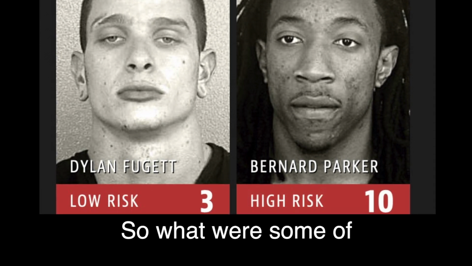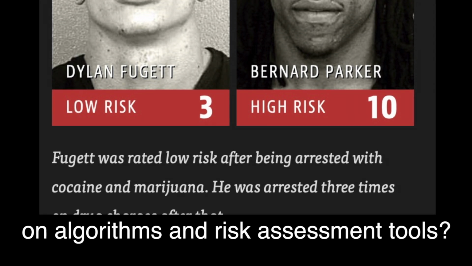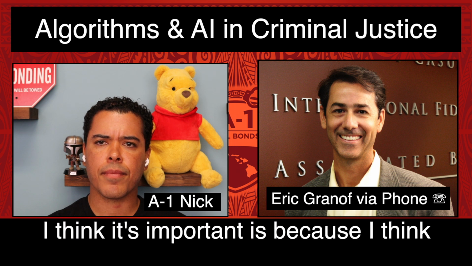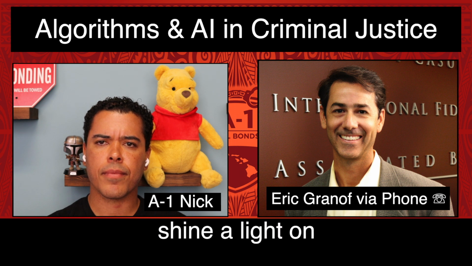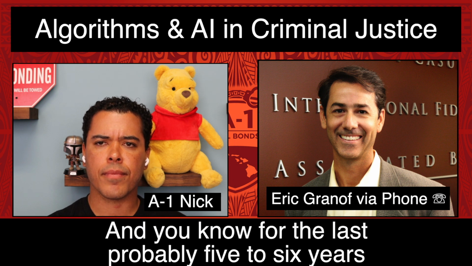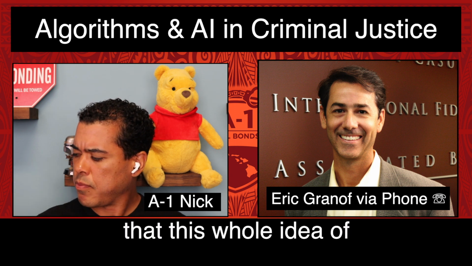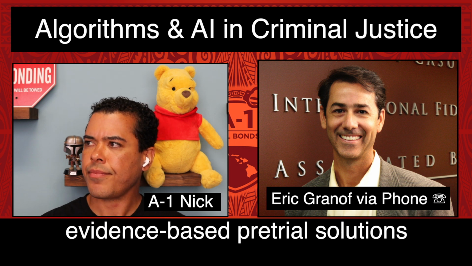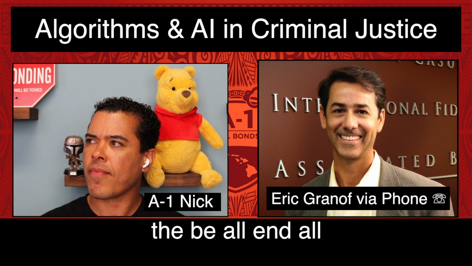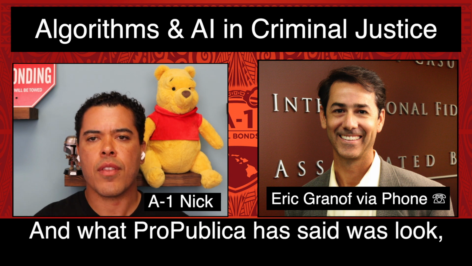So what were some of the takeaways from that ProPublica report that came out a few years ago on algorithms in risk assessment tools? Well, I think the ProPublica study is important because it is the first one to really shine a light on these algorithms. And for the last probably 5 to 6 years, there's really been this movement within the criminal justice system that this whole idea of evidence-based pretrial solutions using these algorithms is the be-all, end-all to solving all the ills in the criminal justice system. And what ProPublica said was, look,